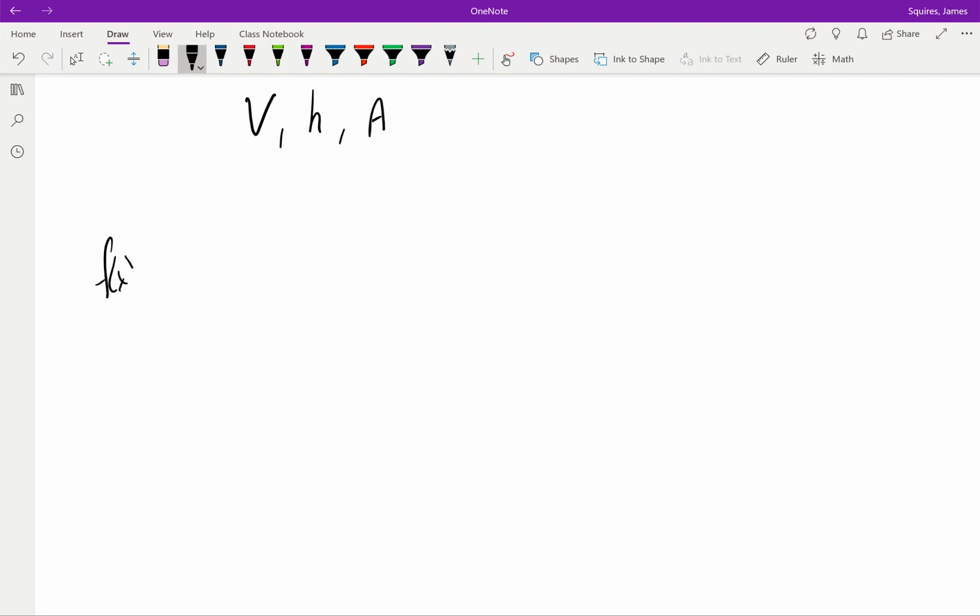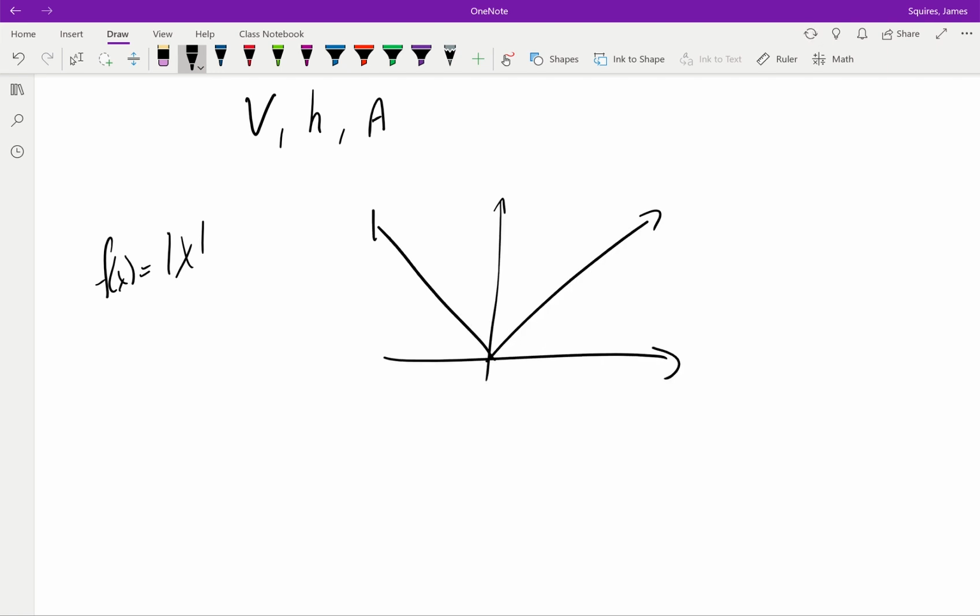So if we have an elementary function of f of x equals the absolute value of x, if we were to graph that, that would be our elementary function. Now if we were asked to graph y equals negative absolute value of x minus 3, plus 1, note that there are a few things going on right here. We're going to have a vertical shift of 1 unit. We're going to have a horizontal shift to the right 3 units, and it's going to be flipped around the